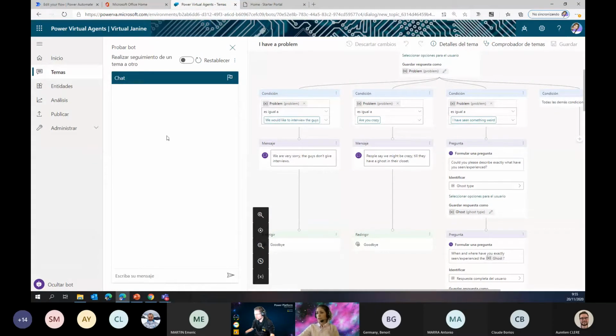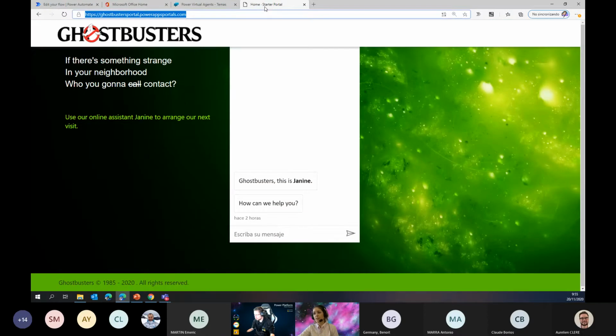But instead of trying it directly here in the Power Virtual Agents interface, let me show you where I have integrated this chatbot. So of course, the process of transformation is not only to centralize the communications. Ghostbusters, they are also going to the web, finally to the internet. And this is the main site where you can contact and speak with Janine, that in this case